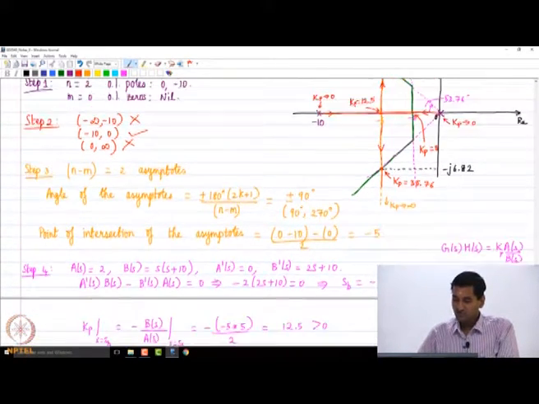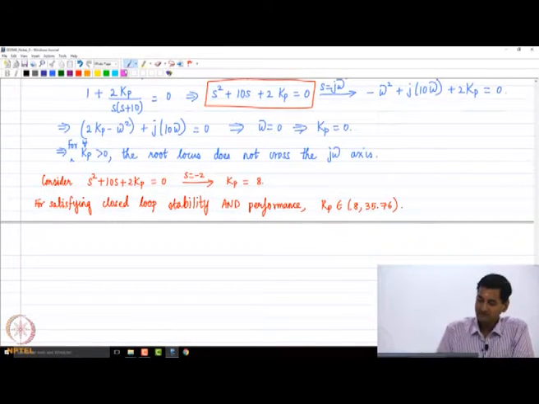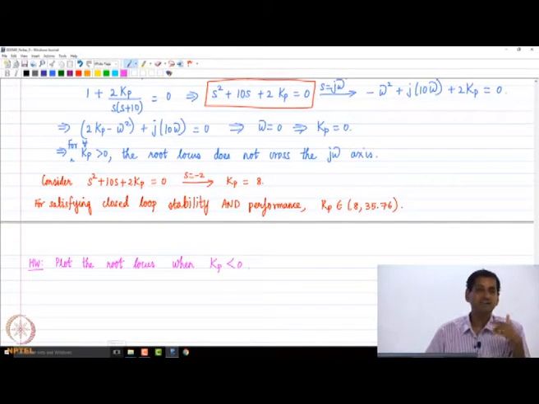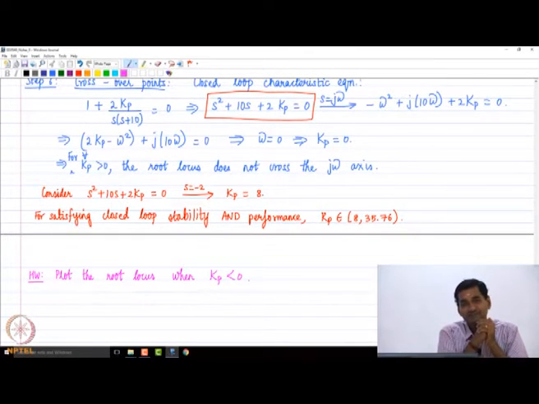Okay. So, what I am going to leave you is a homework problem, just for your own learning process. Plot the root locus for the same system when Kp is negative. This is just an exercise so that you get familiar with the other ways of plotting the root locus also. You will immediately see that when Kp is negative, we already know that the closed loop system is not going to be stable. You will see that one branch will always go into the right half plane.